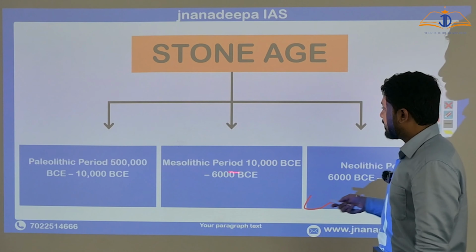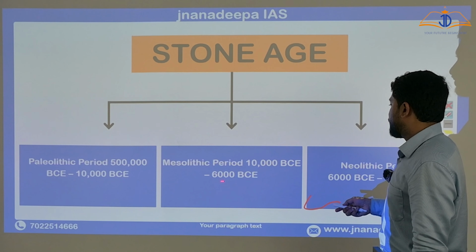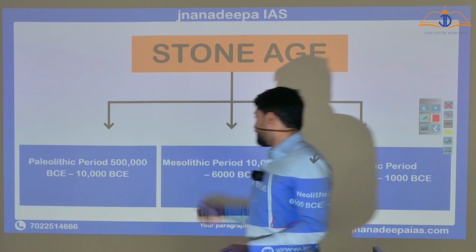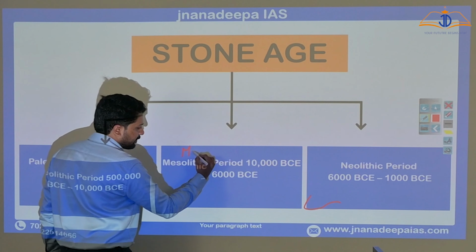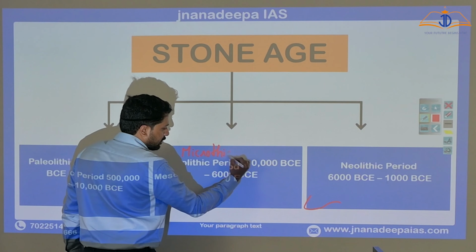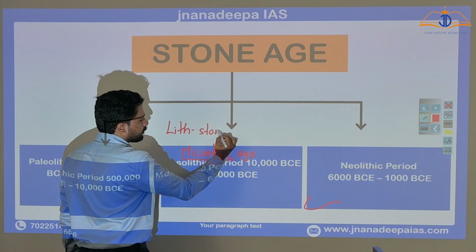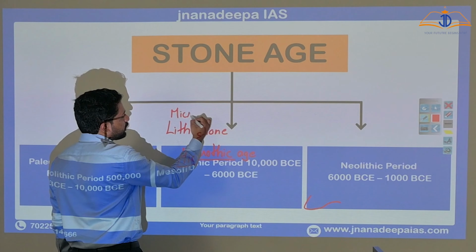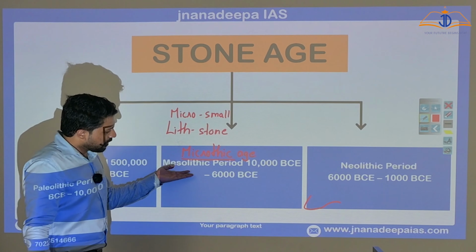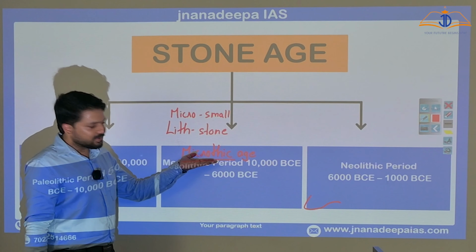Next comes the Mesolithic period, from 10,000 BC to 6,000 BC. This Mesolithic period is also called the Microlithic age. Now, what do you mean by the term microlith? The term lith means stone, and micro refers to small. So the Mesolithic period, or Microlithic age, is that period in history when human